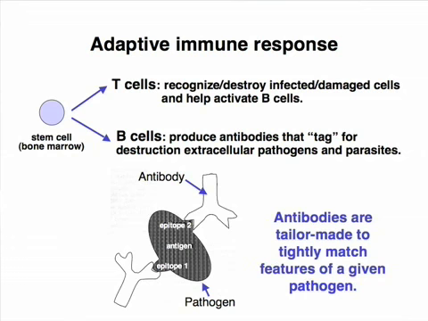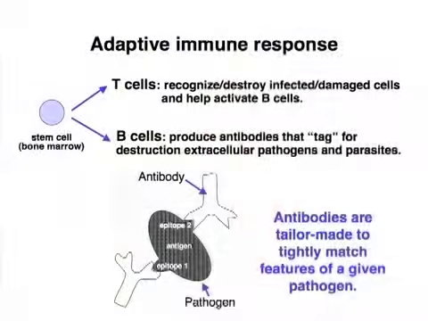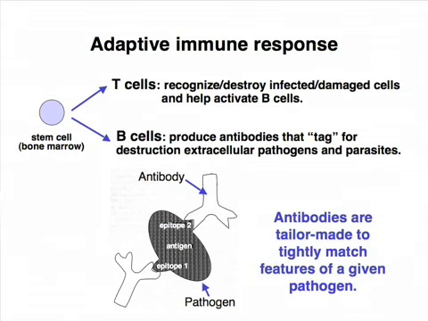And then we have the B cells that produce antibodies, which are basically proteins that attach themselves to pathogens to tag them for destruction, so that the immune system can recognize them as pathogens that need to be killed. What's really interesting about how this works is that these antibodies are tailor-made for specific pathogens. So there are going to be antibodies developing for the flu virus, for instance, that recognize the specific features of the flu virus and match it like a lock and a key.